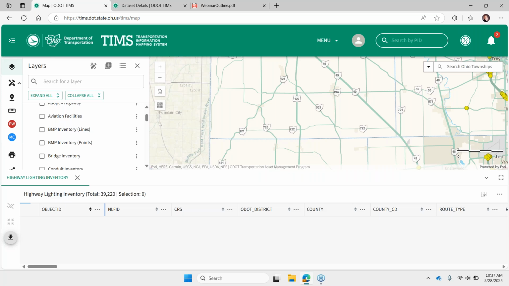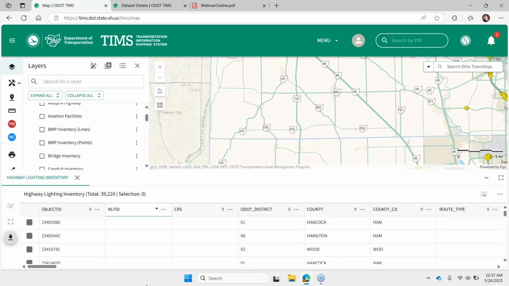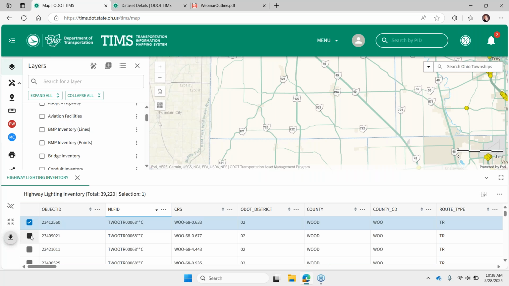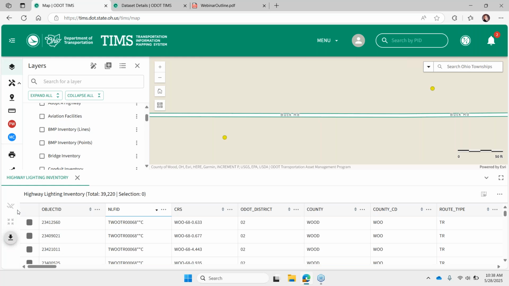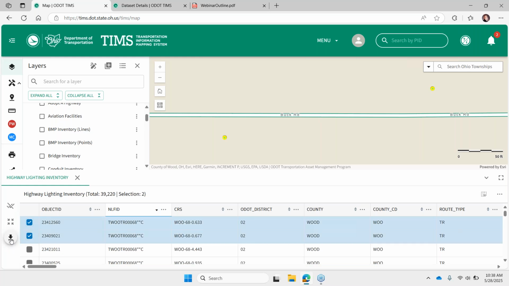Of course, you can scroll, you can sort any of the columns. You have the check boxes to the left where you can select records. And then once you have a selection, you can zoom to that selection or clear that selection. You have this export button, so you can get a subset of that data.